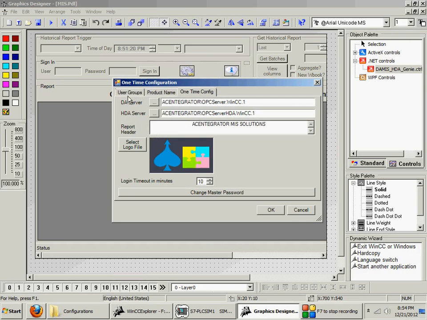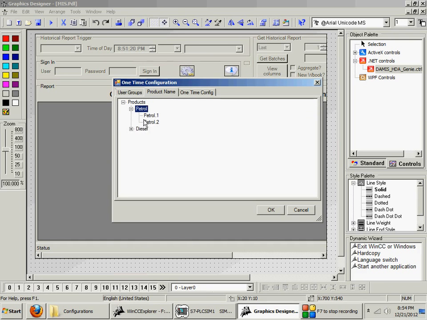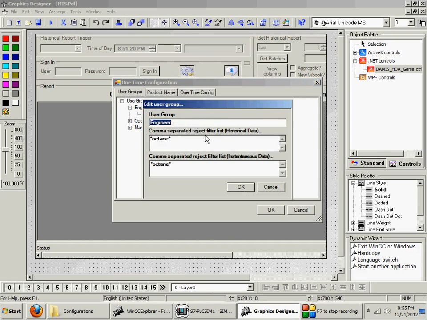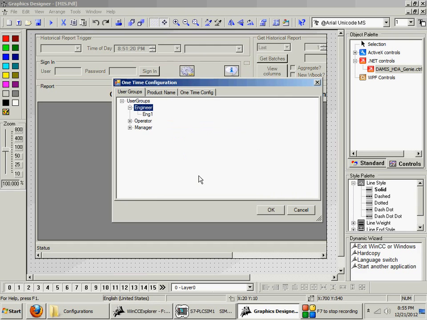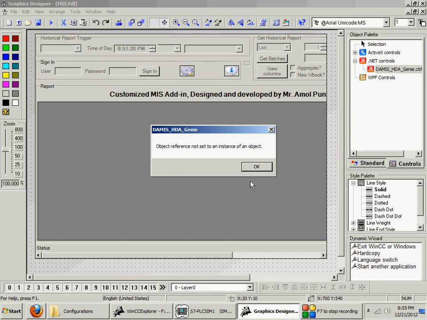Now I think we are done with the configuration. We have the logo, we have the header, we know our DA HDA server, we know our products, we know their stages, we know who the users are and what tags they can access. You can change them later on. So we are done with it. Now click OK to finish the configuration.